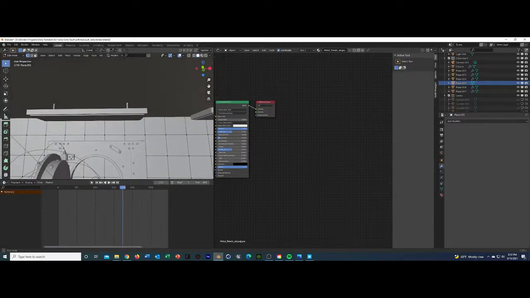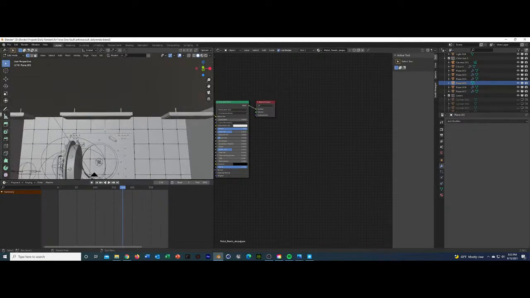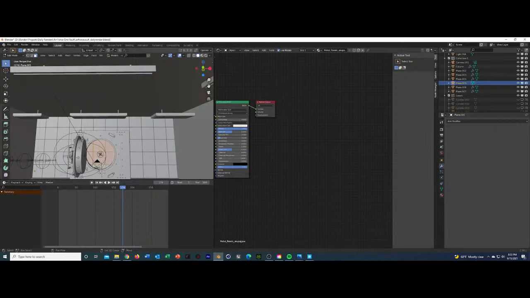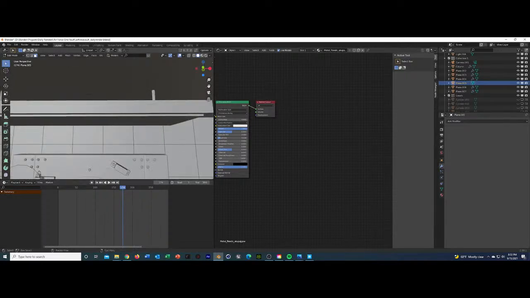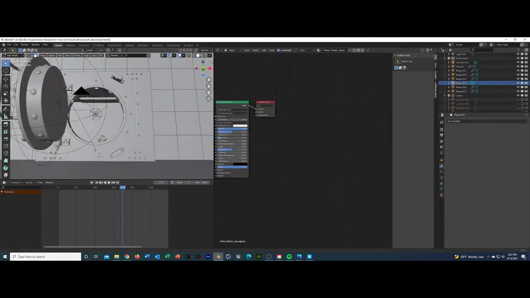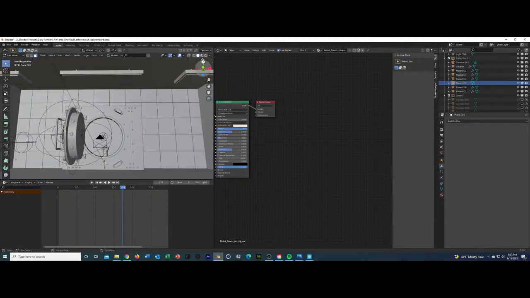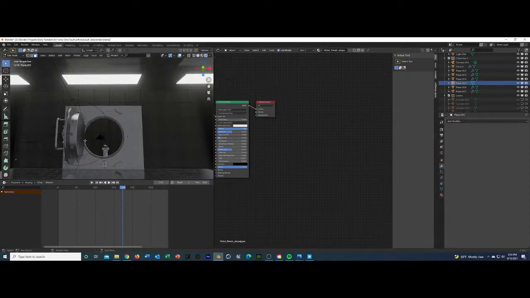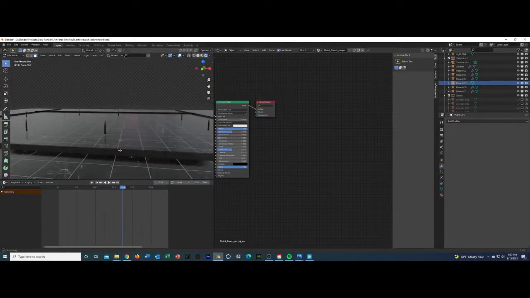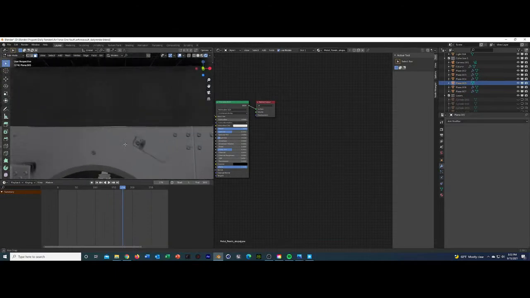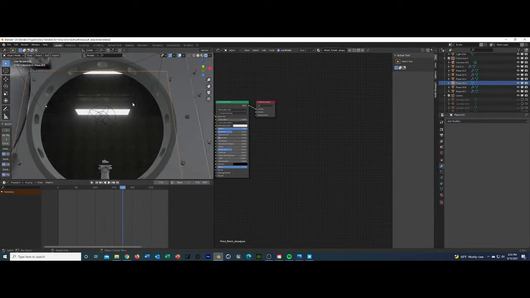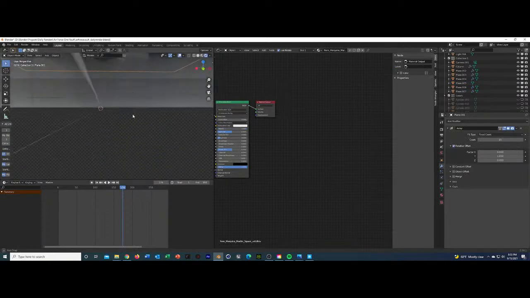Not nailing this. Actually, why make this hard when I can just delete the faces inside? Does that work for what I'm trying to do? Oh yeah, no, it worked. And then, if I really wanted to,